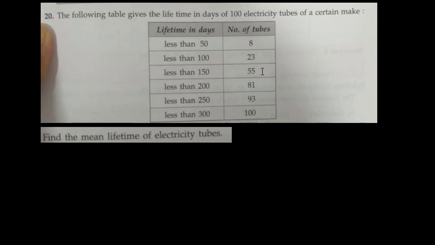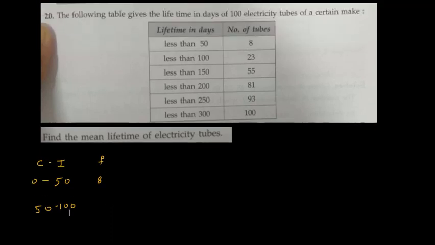So if you analyze this data and try to convert it into class interval form, then the difference is of 50 each. So the first class interval we can take is 0 to 50. Okay, it means the lifetime of the bulb which is between 0 to 50, it is 8 bulbs. So frequency is 8. Okay, then between 50 to 100,